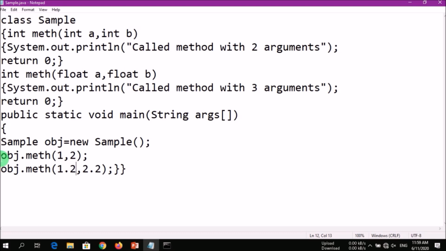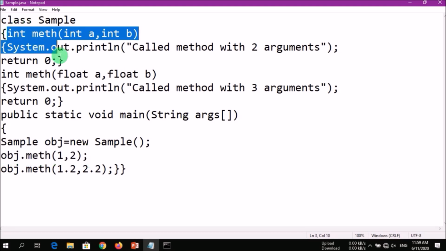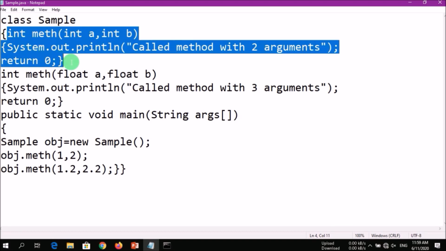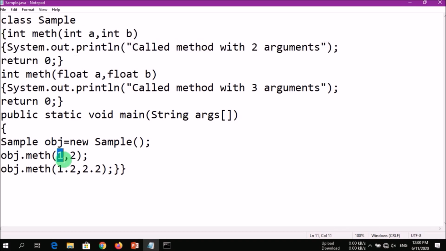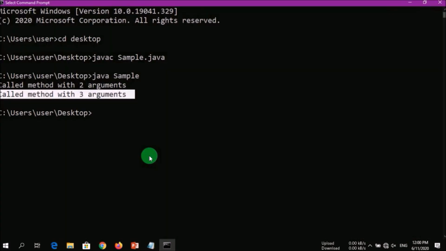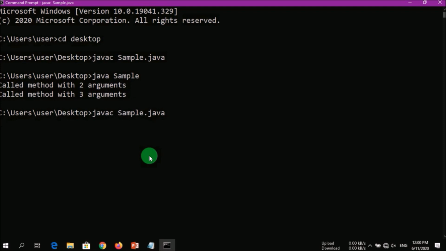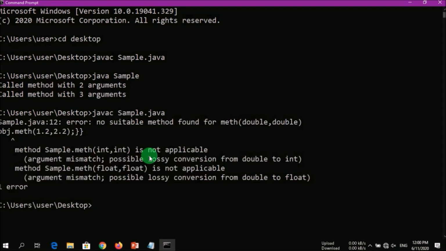So what are we trying to perform? Object method 1 will call this method depending upon the method overloading. The parameter over here, 1, is of integer type, and it will try to find the closest match. So instead of looking for float a, it will look for int a, as 1 is itself an integer. So let's have a look at what will happen if we try to run this. Just simply compile this one. You can see there is an error.